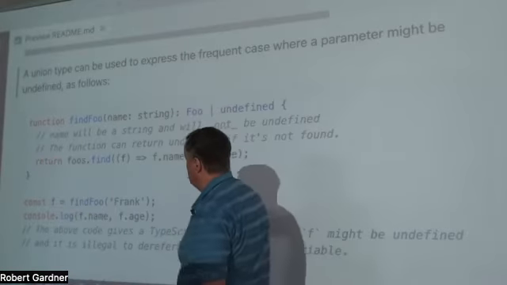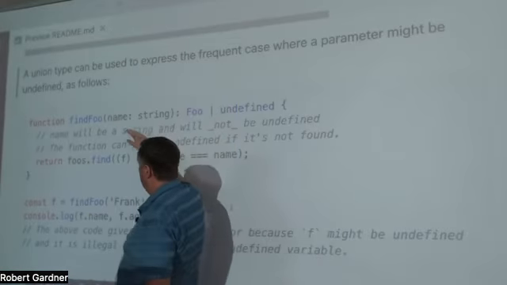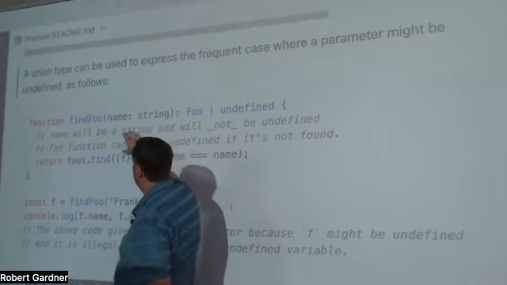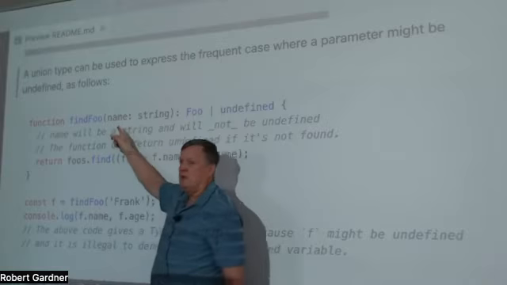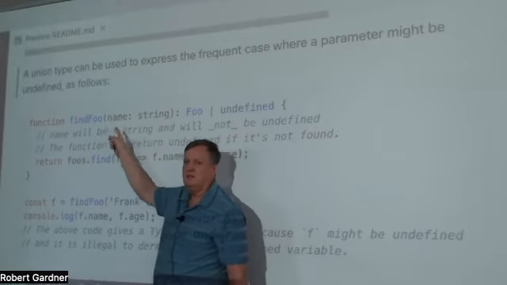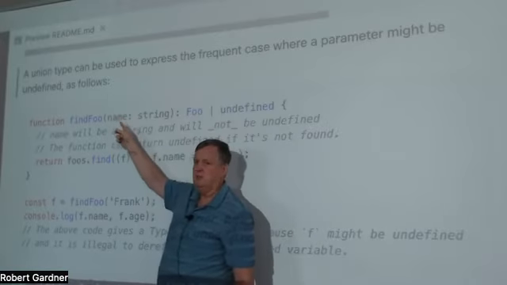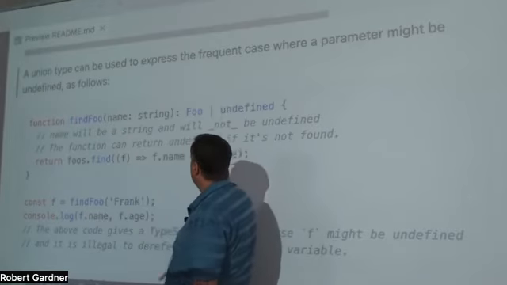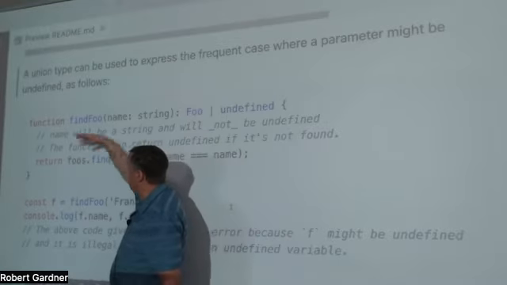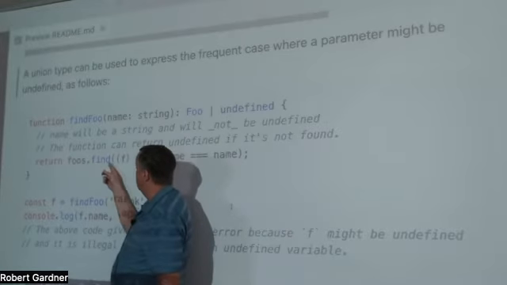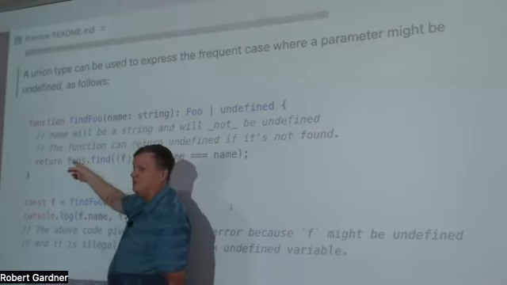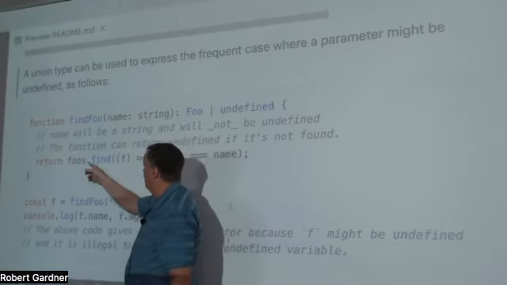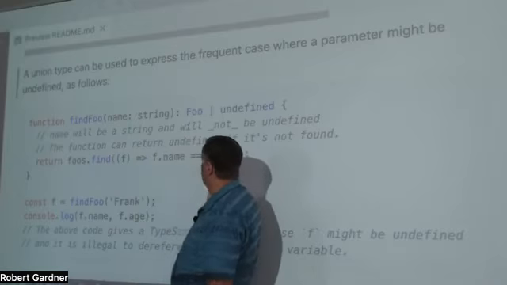And so now it knows that if I accidentally, I'll show you some code down here. So we know inside of here that name must be a string. So I don't have to worry about checking to see if it's undefined. I know it can't be. Otherwise, the code wouldn't have compiled. So I know foo is a string. And so I can now look at my foos variable defined somewhere else and call find on it. And I know that my foos is defined somewhere else to be an array of foo. So I can call find on it, find one, and check the name.